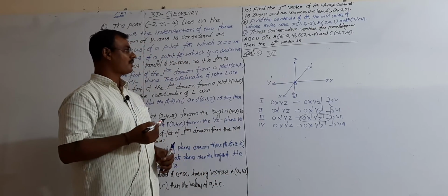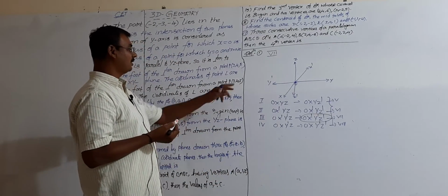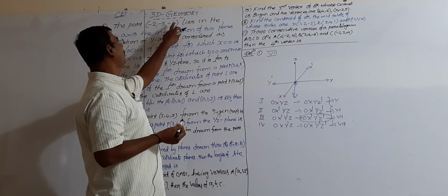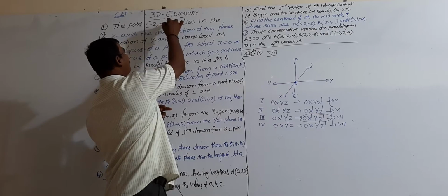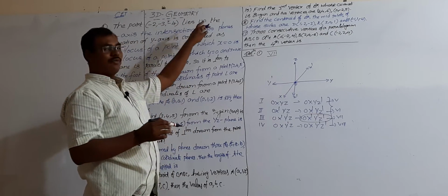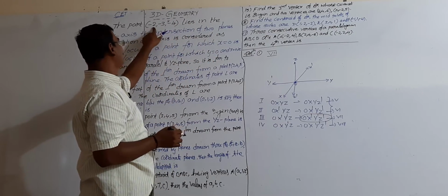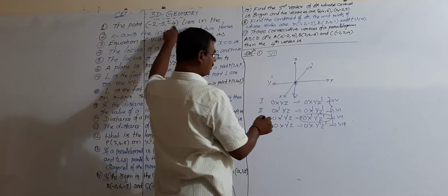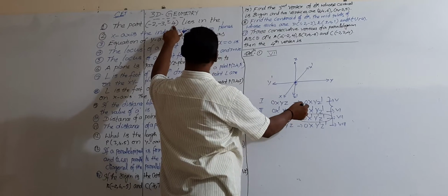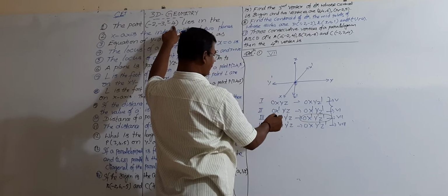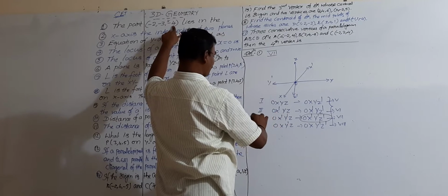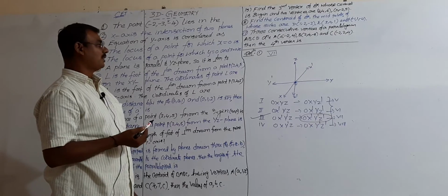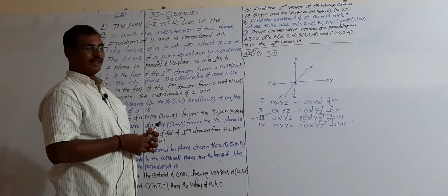Similarly, we have to solve a number of questions like this. Any point, suppose -2, -3, +4. If I take +4, which octant does it lie in? So x negative, y negative, z positive. So it lies in the third octant. So this is the method. So remember it all, without memorizing by heart.